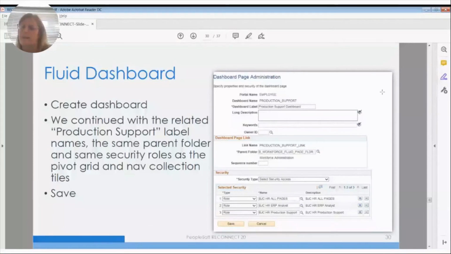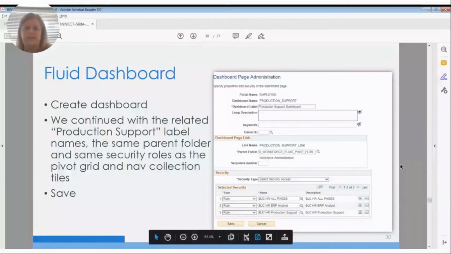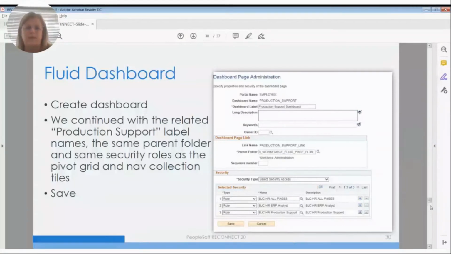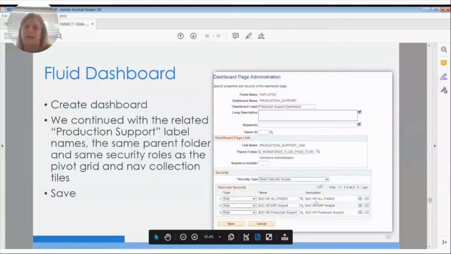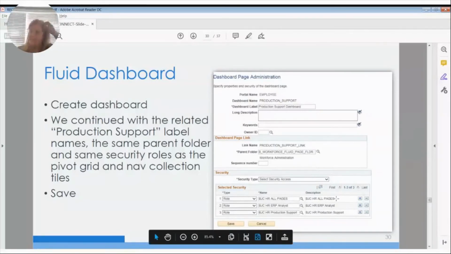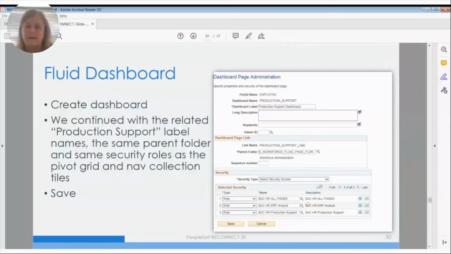which looks like my image may not be appearing on the screen. And then you would select tiles to include in the dashboard. So there'd be a box here with the tiles you created that you can select to include in the dashboard. And then there's some options within the